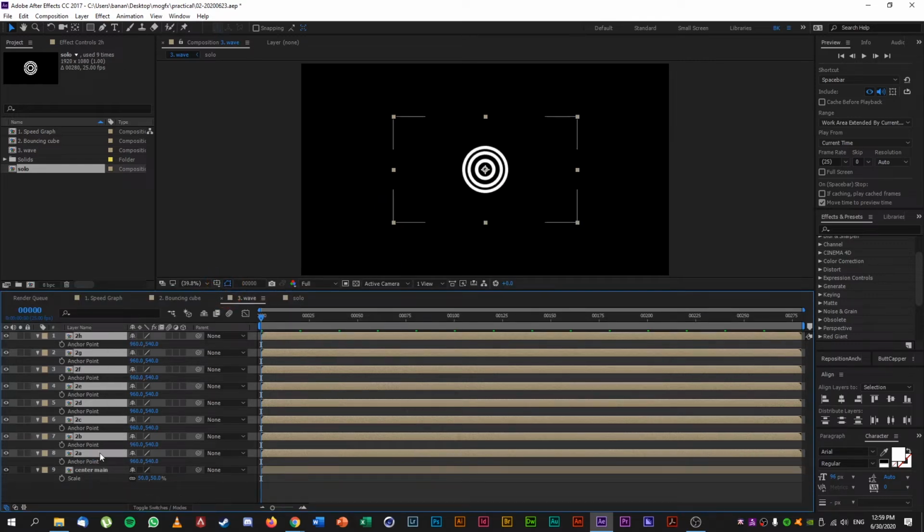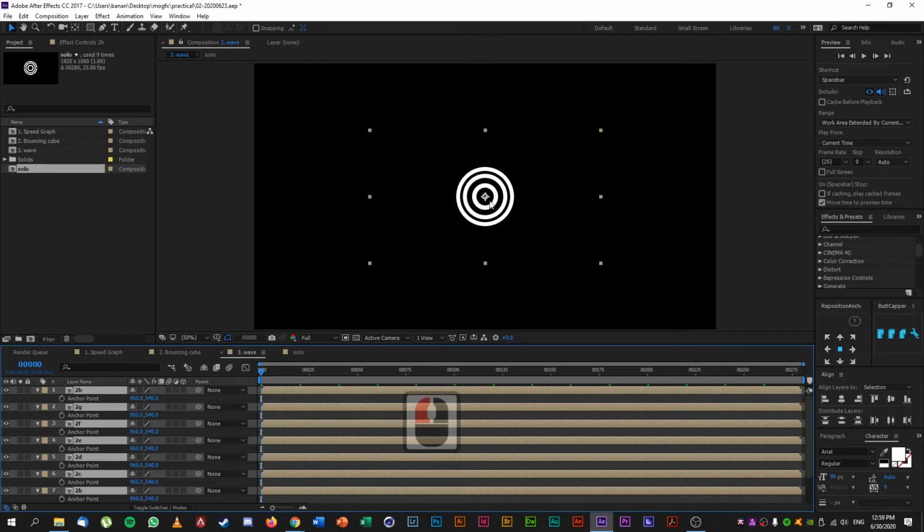Now this is the bad thing, and also sometimes it can be a good thing for After Effects. Remember I told you I have this thing here called reposition anchor point, where it moves the anchor point. So the bad thing is it's hard for you to adjust the anchor point. The good thing is it's easy for you to adjust the shape. Now see, instead of position up, right, I use anchor point and push this object up